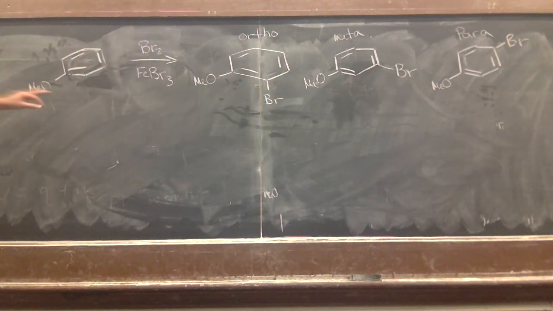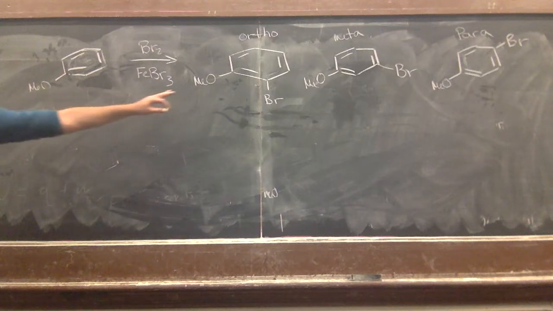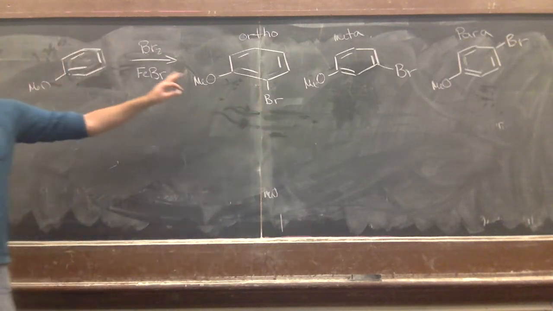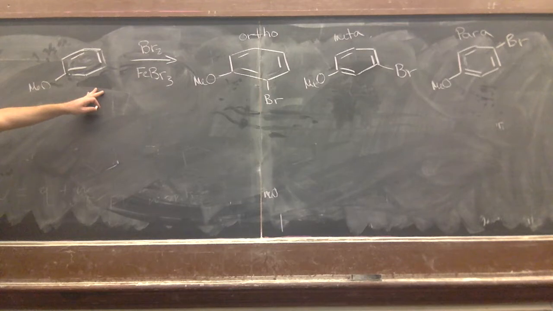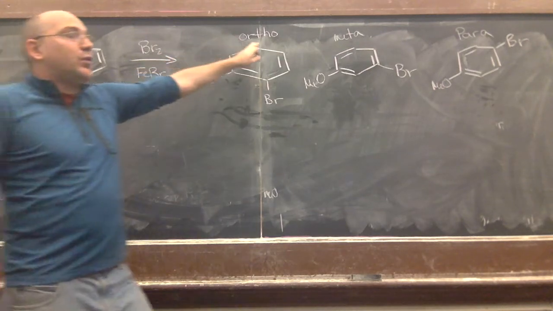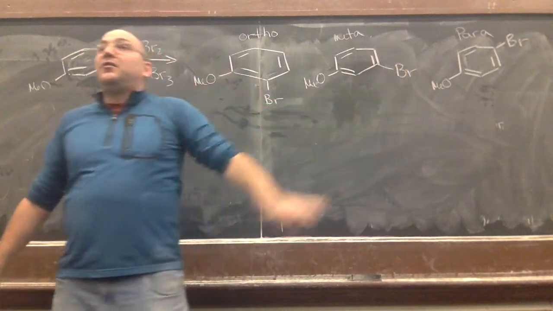It's not always going to be ortho-para. It's going to be ortho-para when you have a group that can help stabilize those positive charges that we just said. So donor groups are what are going to stabilize. So if a donor group stabilizes ortho and para,